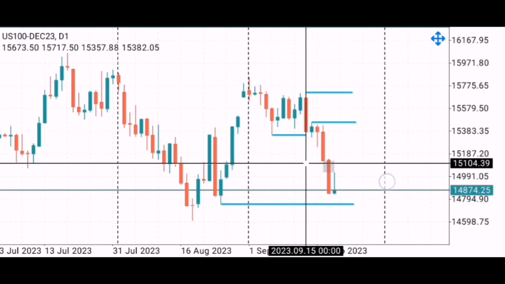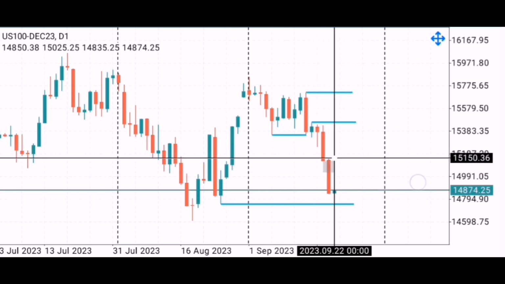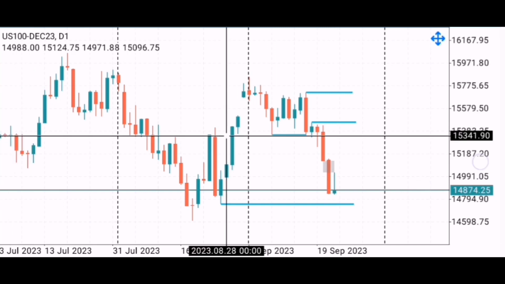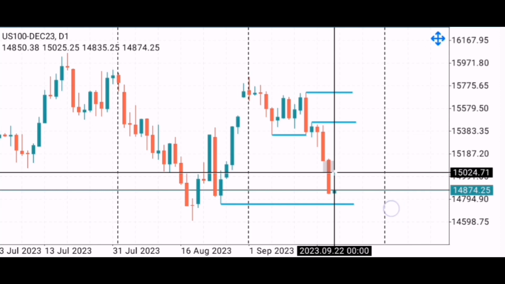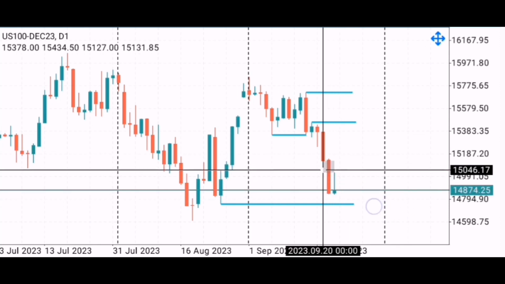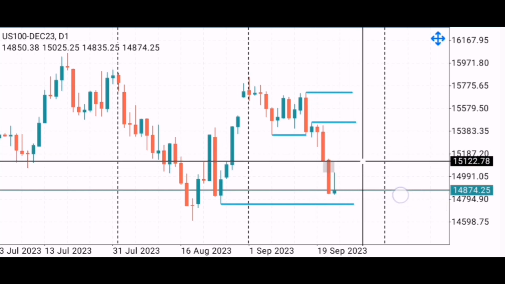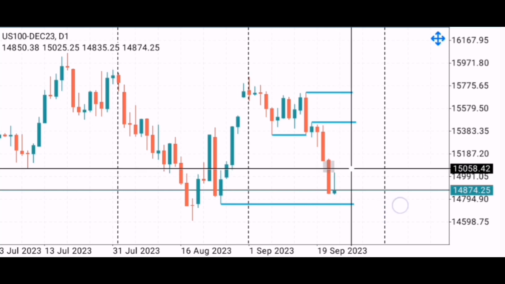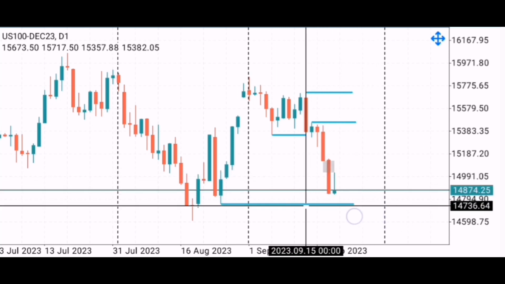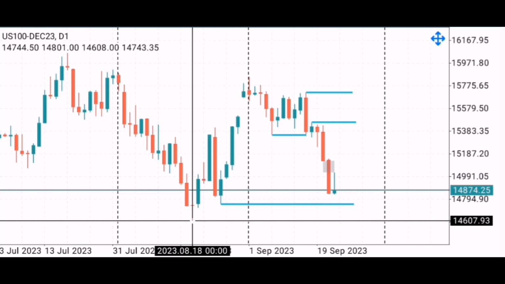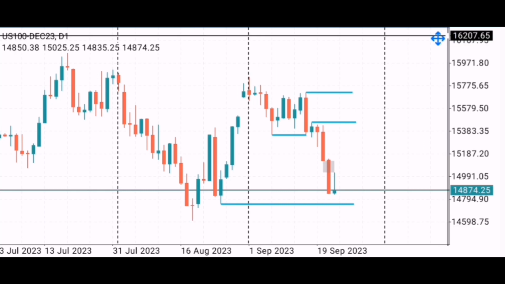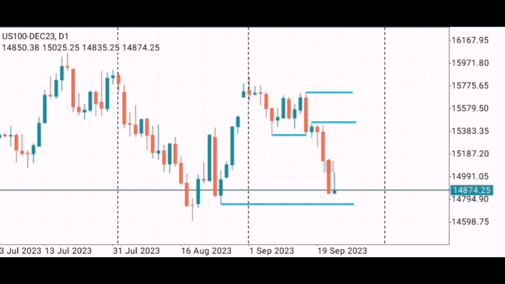However, we have this fair value gap here, these two, just like on the US 500. These levels are the attraction levels. Potentially price is going to trade into them, one of them or both of them, and then we see how price reacts from there, and then potentially see price crash all the way to the downside to take out this level and this level over here, which, just as the US 500, that scenario is most likely, meaning the most likely scenario is that we're going to see a bearish week.